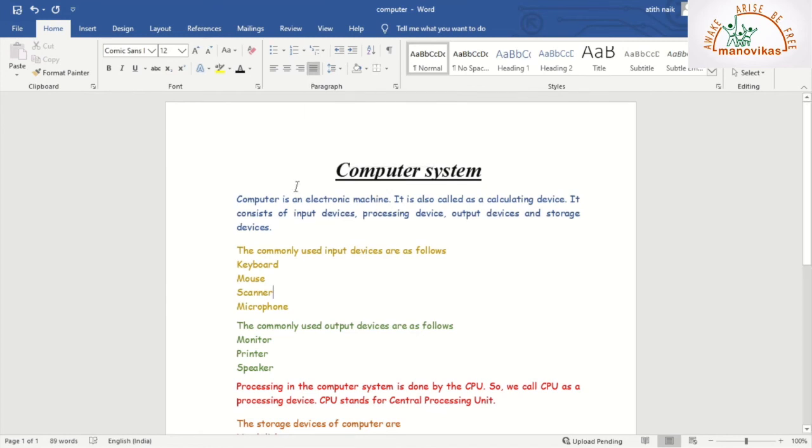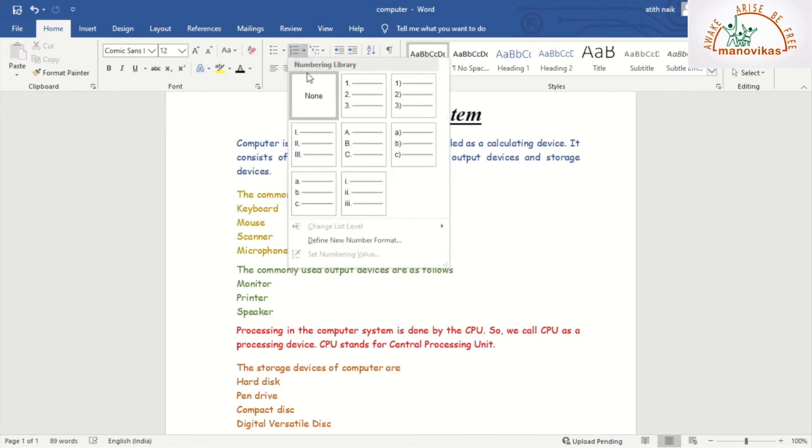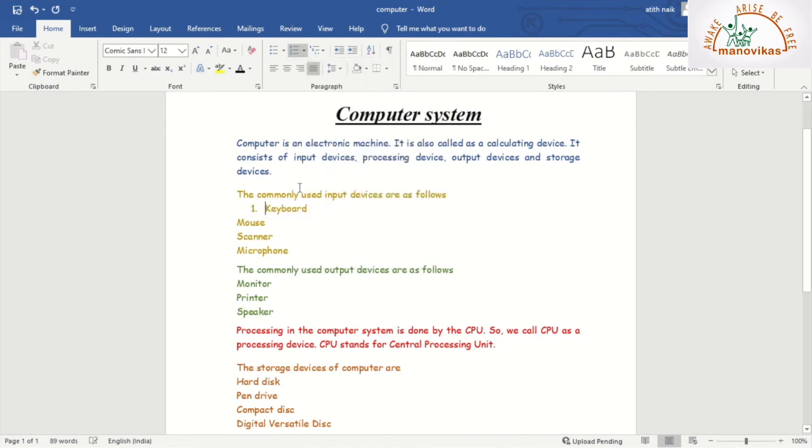Then we have giving numbers to your list. Now let us see where our list is. Our list is here. To give numbers to the list, you click wherever you want the number. I want it before this word, so I click here and I select the numbering list. So you see the number is given.